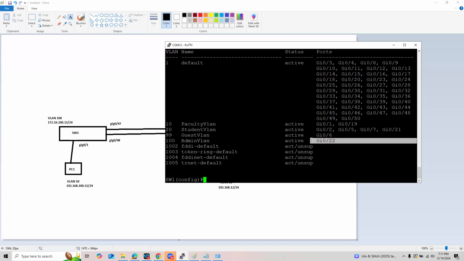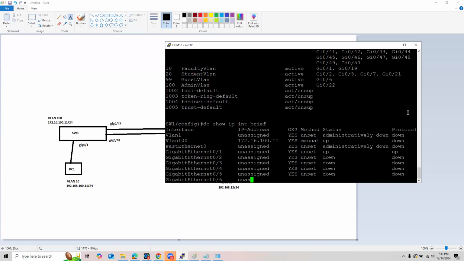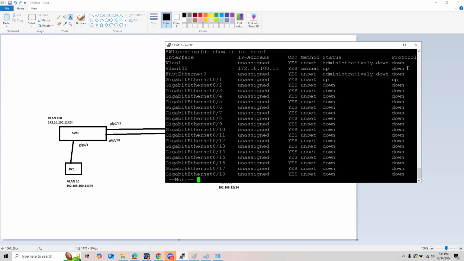That's gigabit 0/22, so that's port 22. However, this is not physically active. Why? Because there are no devices connected there. And so that's actually the reason why the layer 2 status is still down.